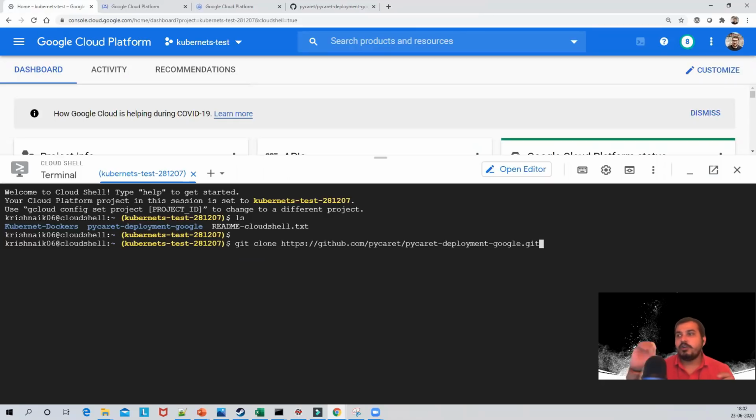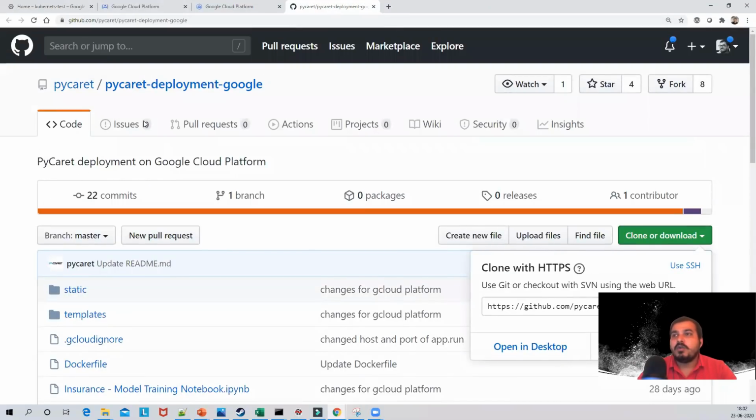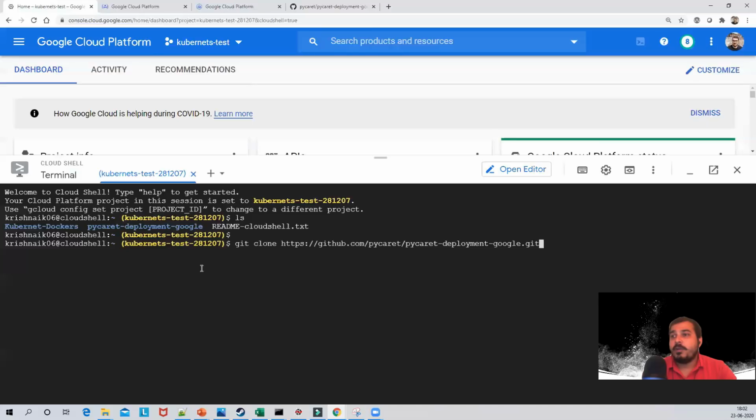And I'm just going to paste that whole path of PyCaret deployment Google. Remember guys, this is the GitHub repository of PyCaret, which is owned by Moiz Ali. And now over here, I'm just going to press enter. Once I press enter, you'll be able to see fatal: destination path already exists and it is not an